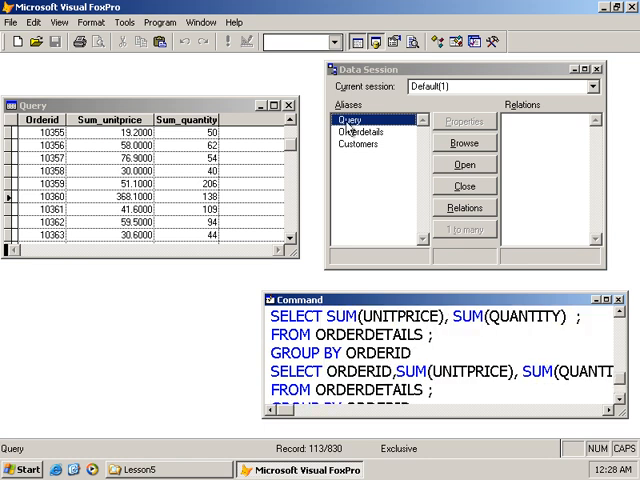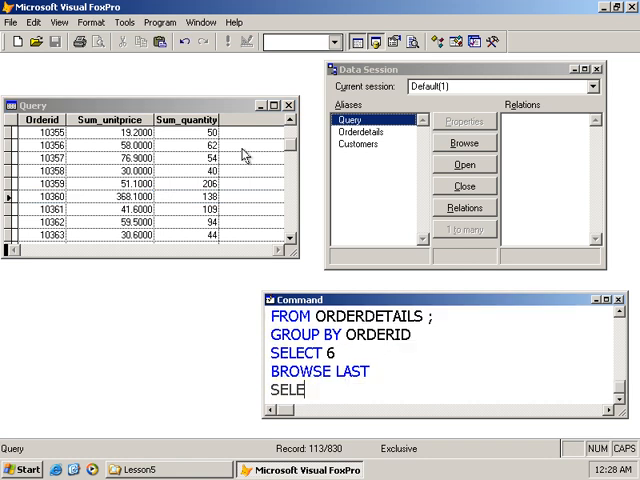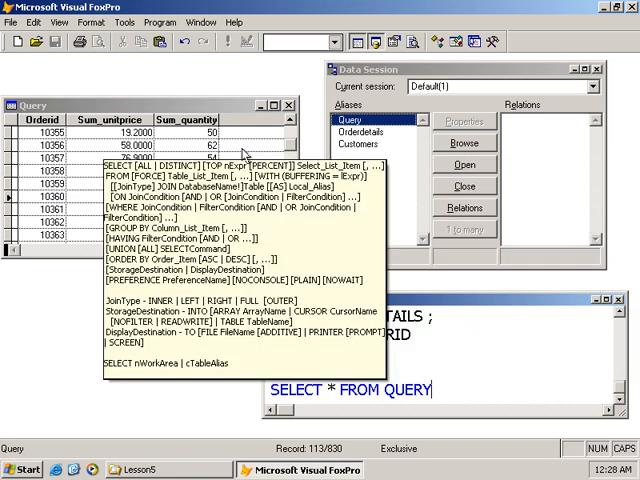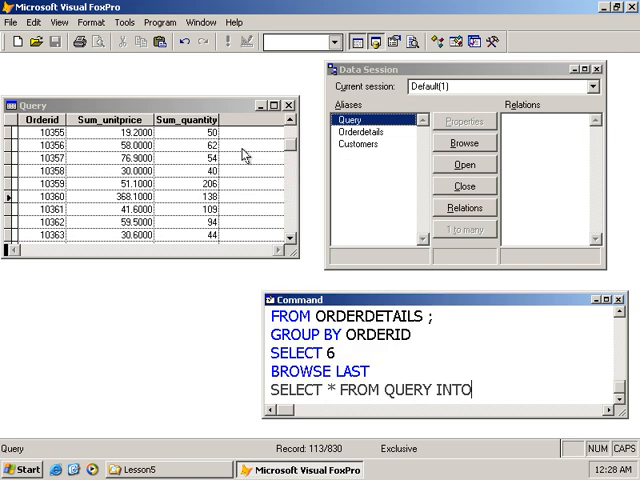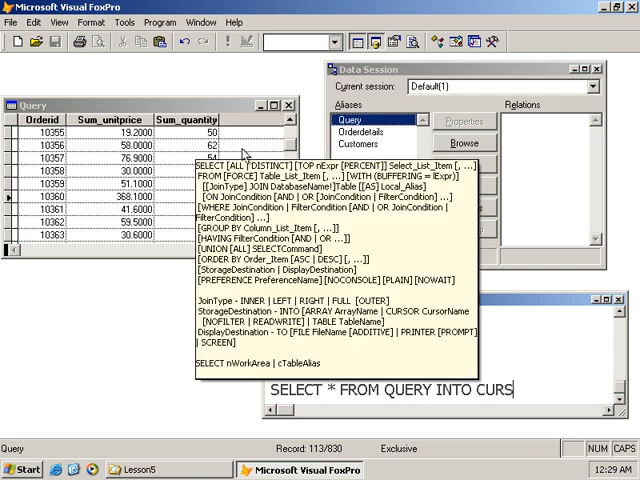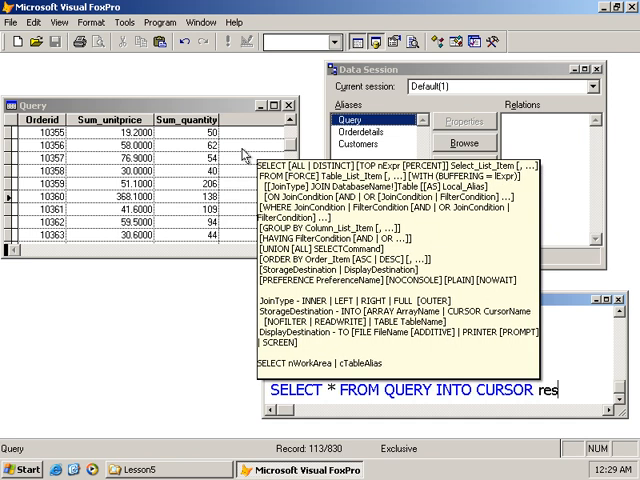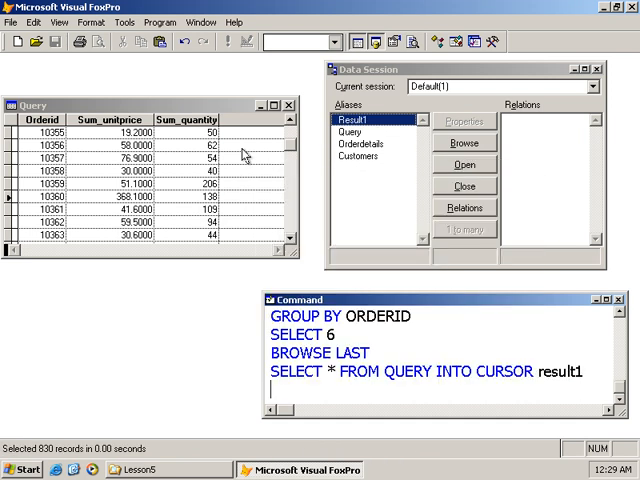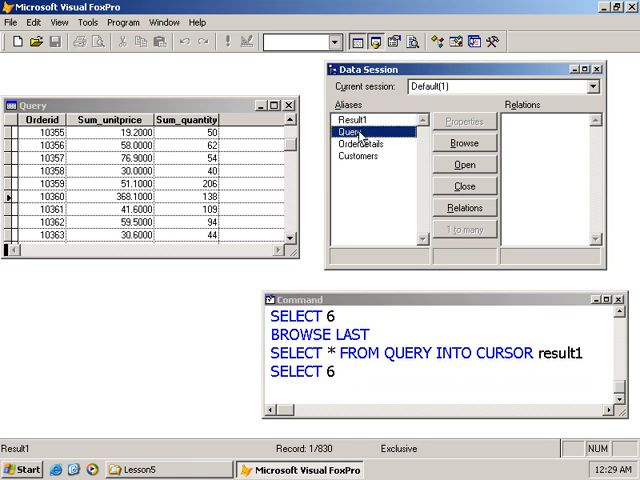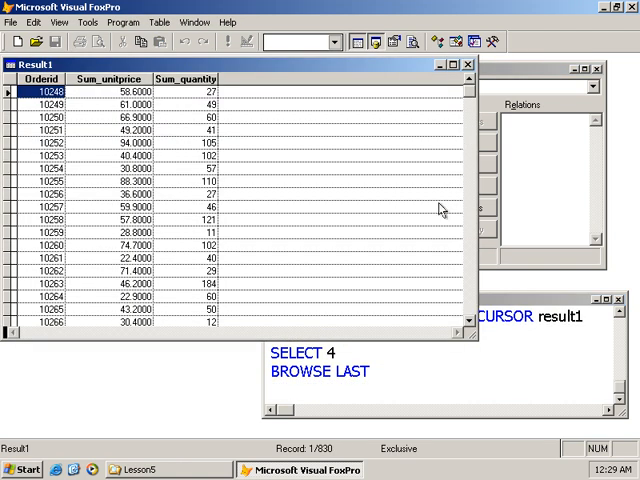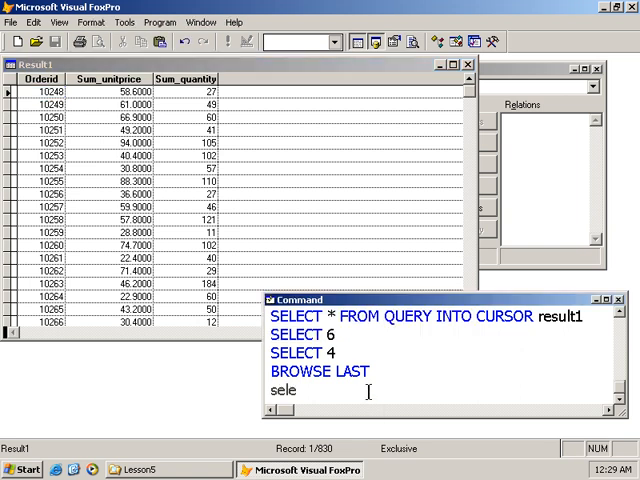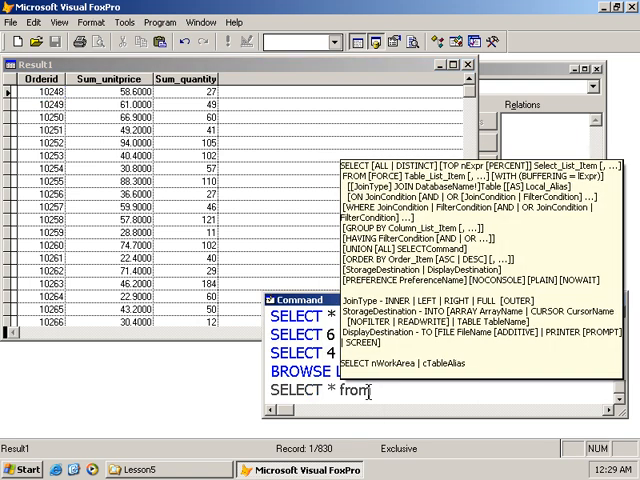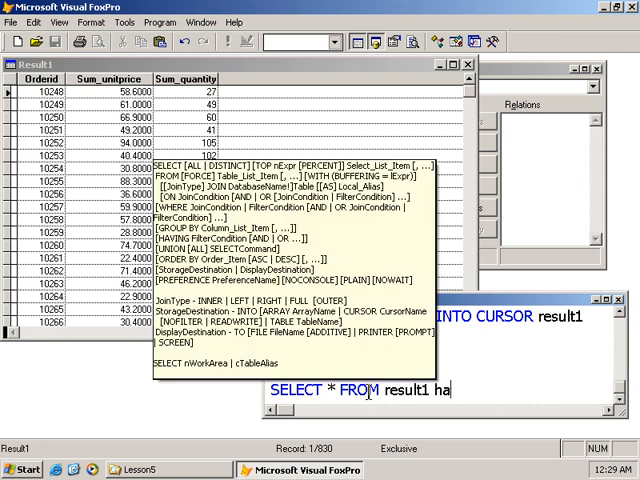So what I'm going to do is copy this into another cursor. So I'll select from query into, oh, this is a good idea. I get to show you something new. Into cursor, I can actually specify the name of the cursor. So we'll call this result1. And so there's an exact duplicate of this one. We can browse that. And then from here, I could say select asterisk from result1 having,